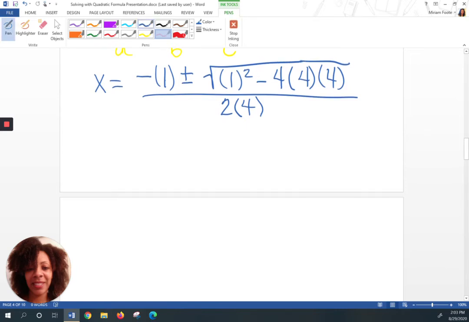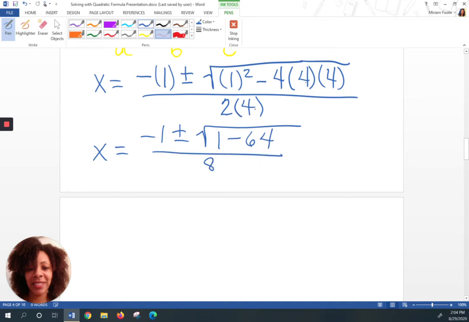Now when I simplify, I end up with x is equal to negative 1 plus or minus the square root of 1 minus 4 times 4 times 4, which is negative 16 times 4, negative 64, all over 2 times 4. X is now simplified again to 1 plus or minus the square root of 1 minus 64, which is negative 63, all